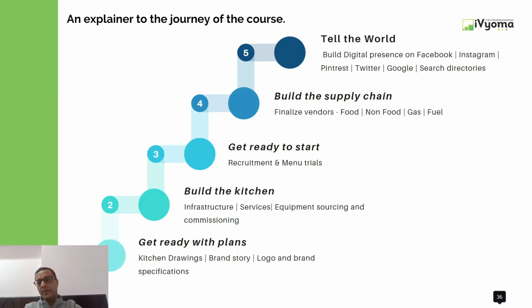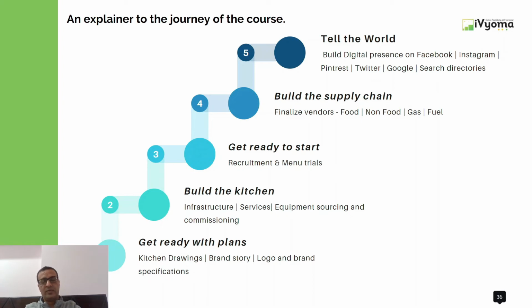The next step, which comes after this, is telling the world that you're present, and for SEO purposes, this is extremely important. So, a food business necessarily is not just a food business these days. We say that you are probably into a distribution business. Making good food is not the end. Reaching out to people and selling that food is the end goal, which means that you need to build your